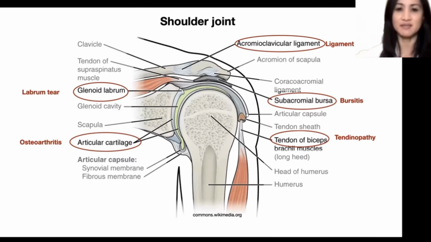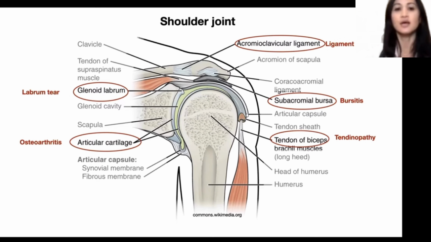It's a busy slide, but this is showing you the shoulder joint, which is our topic for today. And the red marks are the structures that are involved in the most common orthopedic conditions that affect the shoulder joint. So you have your humerus, which is your bone, and that comprises the ball in your ball and socket